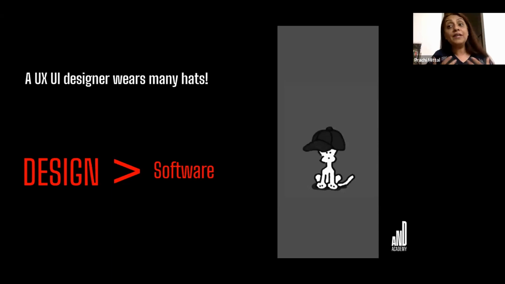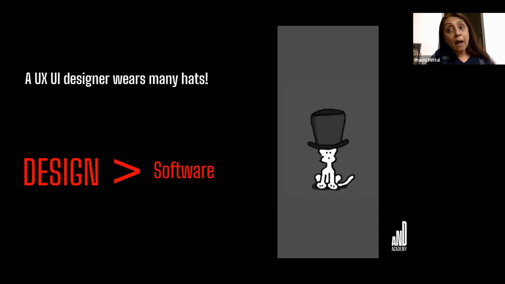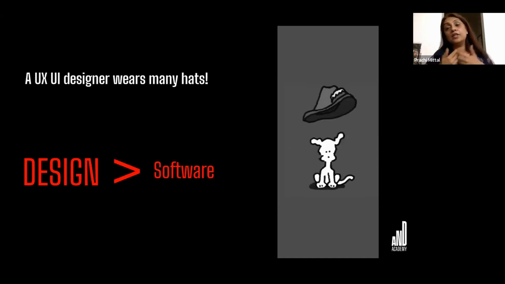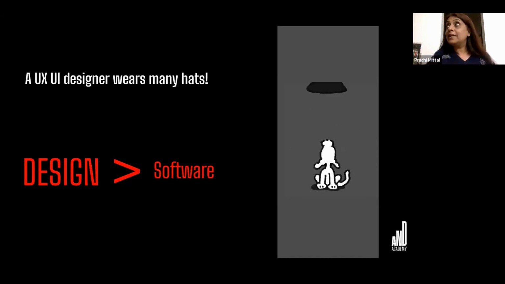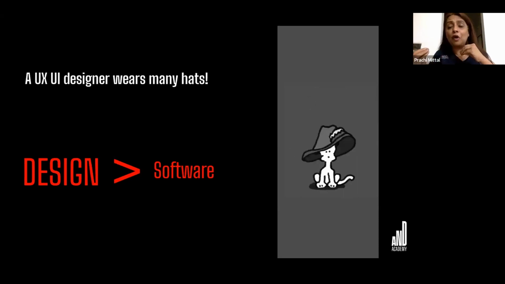software?" Yes, software is the tool. It is like a hammer is for a carpenter, or the way Excel is for an accountant, right? But an accountant needs to learn principles of accountancy, right? Excel can do the addition. So, okay, today I don't need to be very good in my mental maths. Excel will do it. And I therefore need to know how to operate Excel, apply the formulas. But what are the formulas? Where does what apply? What are the principles of accountancy? I need to learn those.